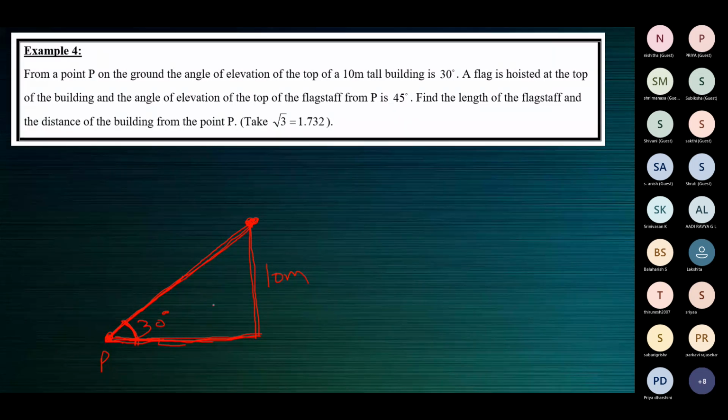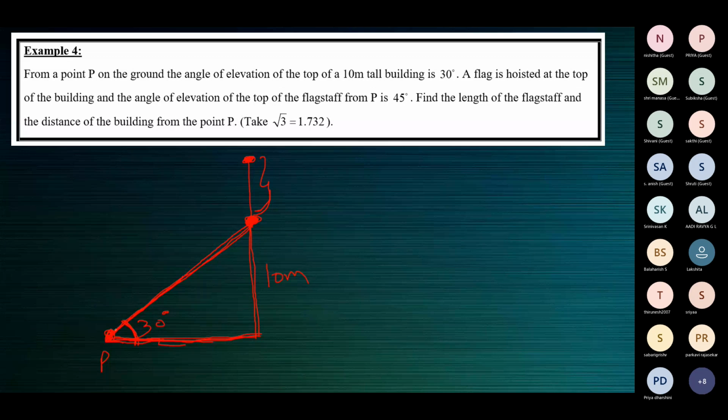A flag is hoisted at the top of the building. So on top of this building, there's a flag. This is the top of the flag. This is the bottom, or the foot, of the flag. A flag is hoisted at the top of the building, and the angle of elevation of the top of the flagstaff from P, from the same point P,